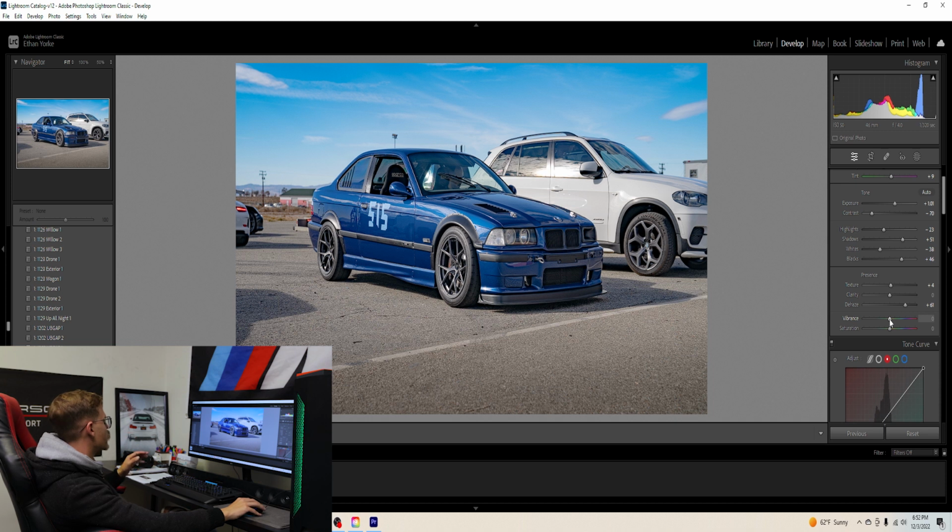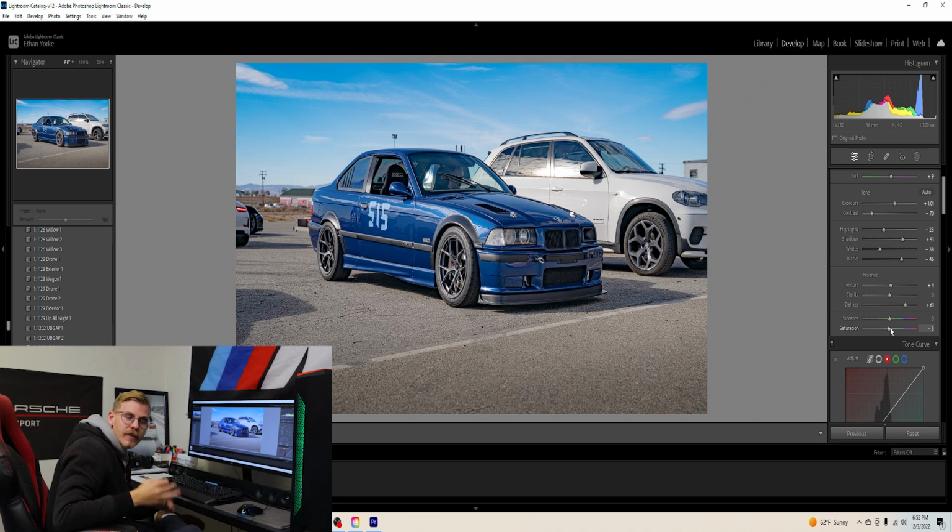Vibrance and saturation both deal with the intensity of colors in your photo. The difference is that vibrance emphasizes the colors that are complementing each other within your photo, whereas saturation is simply raising the intensity of every color in your photo. For that reason, I'm almost always turning saturation a little bit down while turning vibrance a little bit up. This helps me guarantee that there are mostly only complementary colors in my photos and no other colors that are